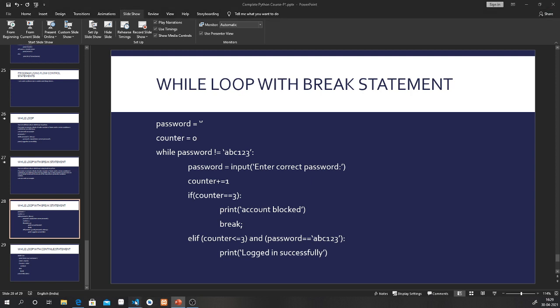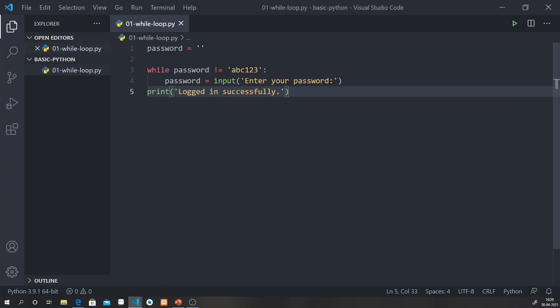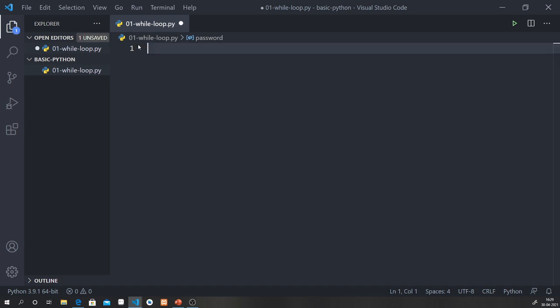So I will open the editor, and here I will remove this and type everything from the beginning to avoid any confusion.